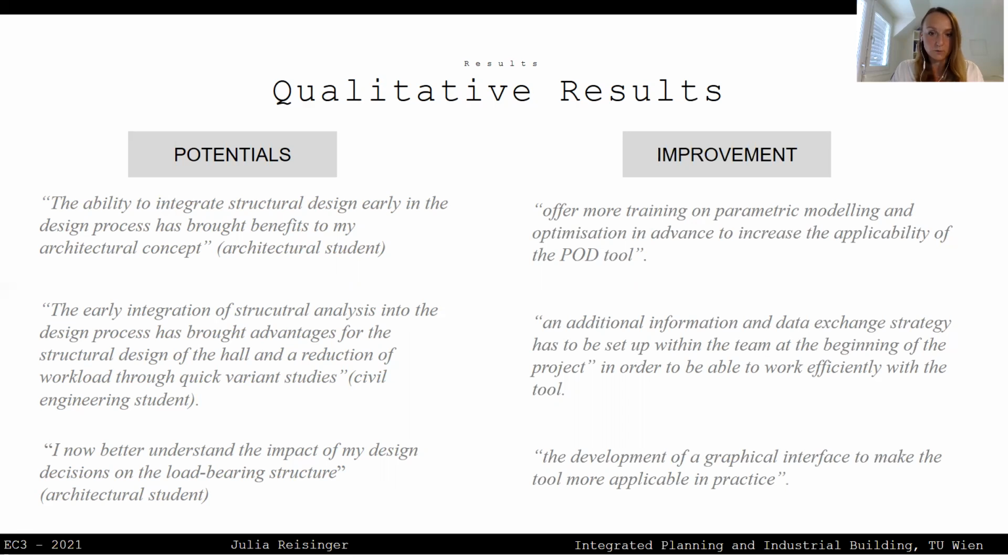pre-knowledge from parametric design. Then an additional information and data exchange strategy has to be set up within the team at the beginning of the project in order to be able to work efficiently with the tool. And they wish for a graphical interface to make the tool more applicable in practice. That means we need to have a graphical interface, and designers would wish to work not directly in the Grasshopper